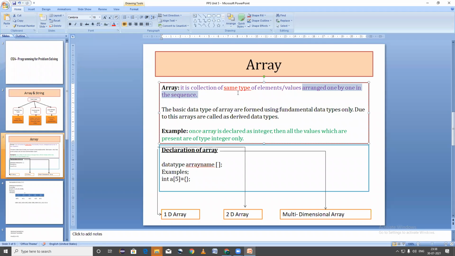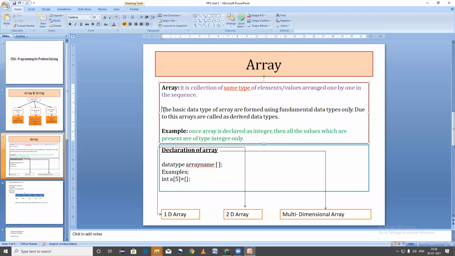Likewise, same type means, if I mention the array is of type integer, all the values belonging to this array variable are of type integer. If I mention this array as of type float, all the values in the curly bracket are of float type.